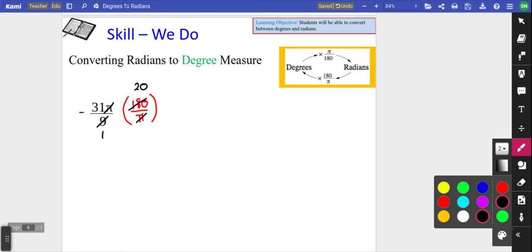We will multiply numbers on the numerator. Those numbers would be negative 31 times 20. It's negative 620. On the denominators, all I have is a 1 and a 1 when canceling the pi, so 1 times 1 is 1. We don't have to put a 1 on the denominator. Therefore, negative 31 pi over 9 is equal to negative 620